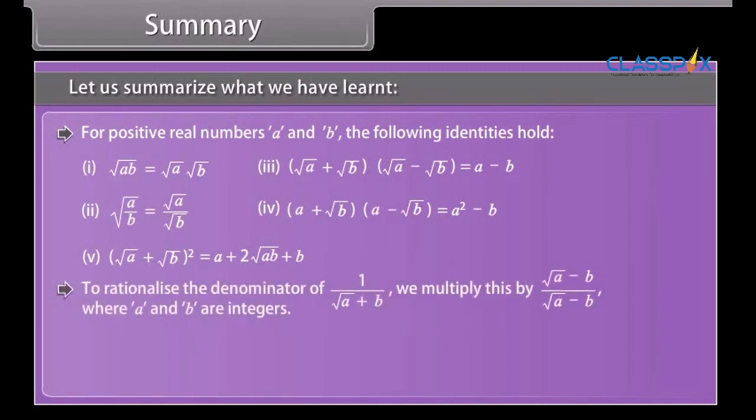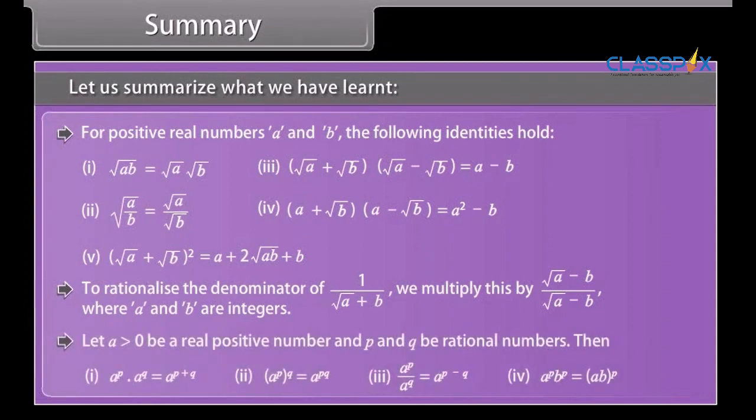To rationalize a denominator of 1 upon under root a plus b, we multiply this by under root a minus b whole upon under root a minus b, where a and b are integers. Let a be greater than 0, a real positive number, and p and q be rational numbers, then